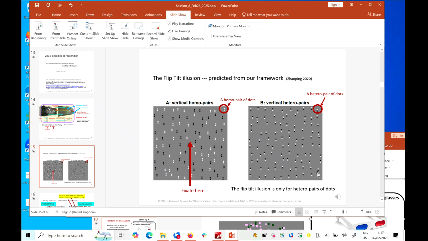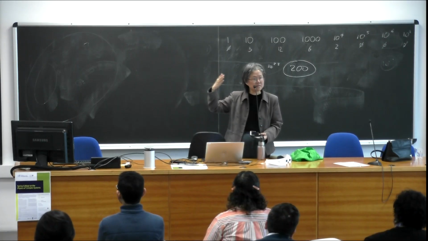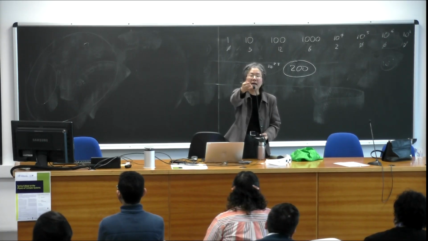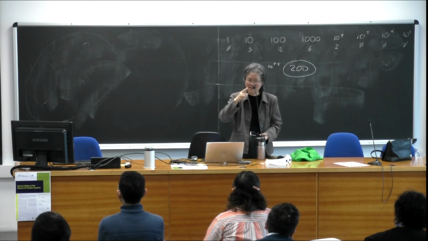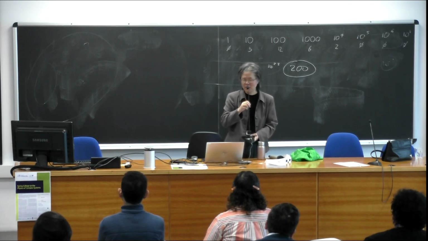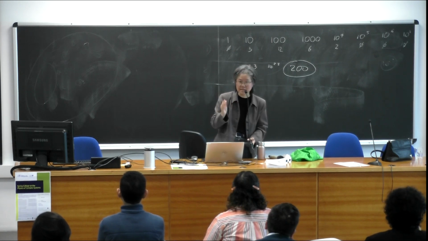And then you say, you don't give me enough information. Can I have another neurons firing? Then you can be more certain. This is when central vision goes back and asks for more information. Okay? So let's see how we will have illusions and how we will not have illusions. Okay, the flip tilt illusion is one such example.